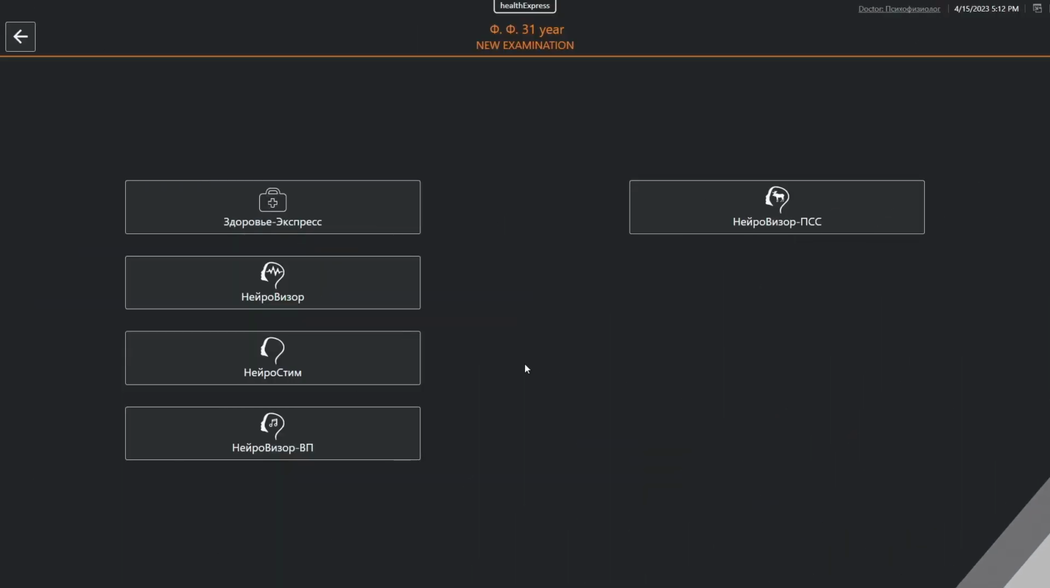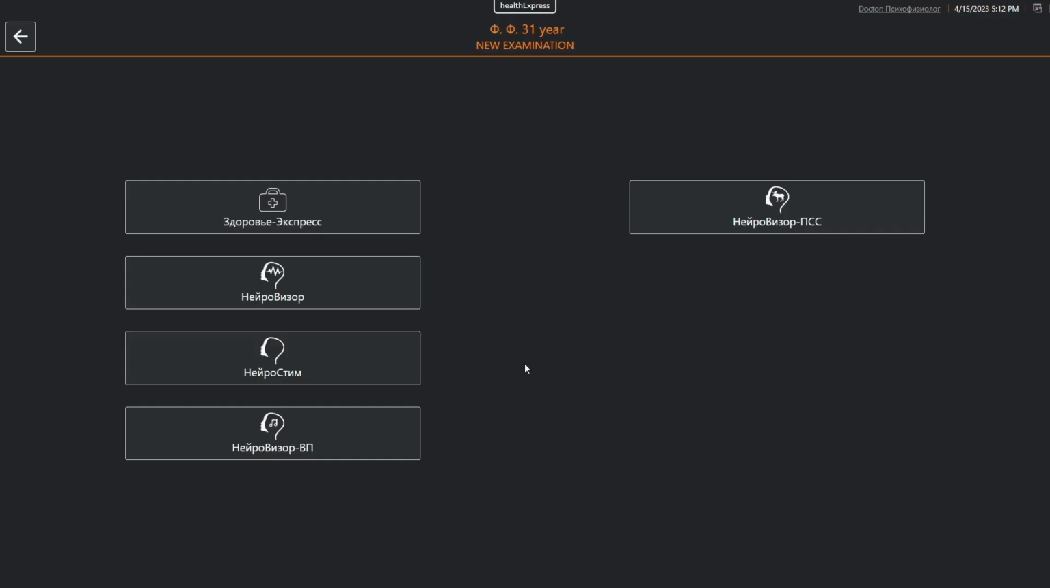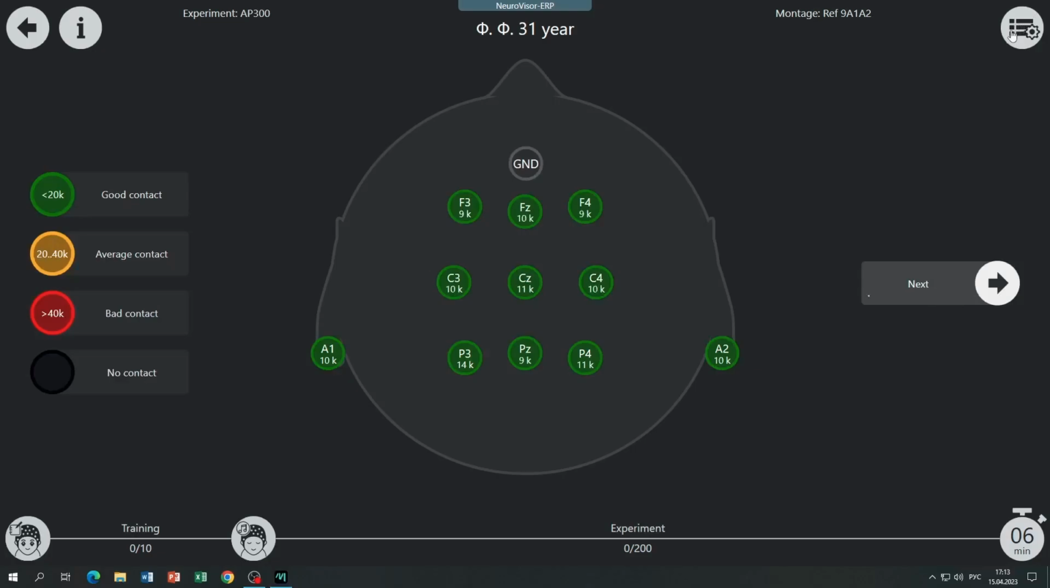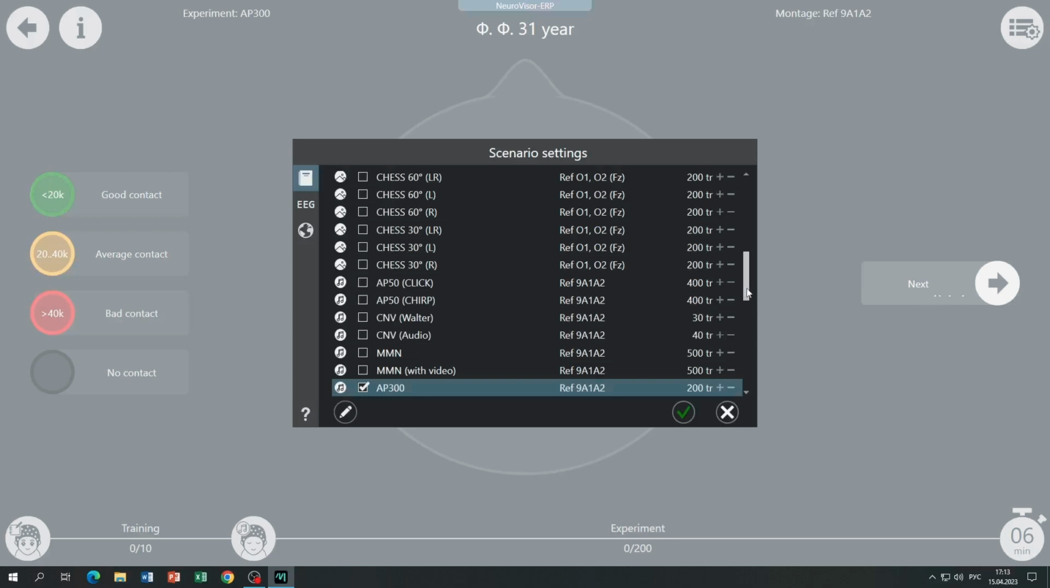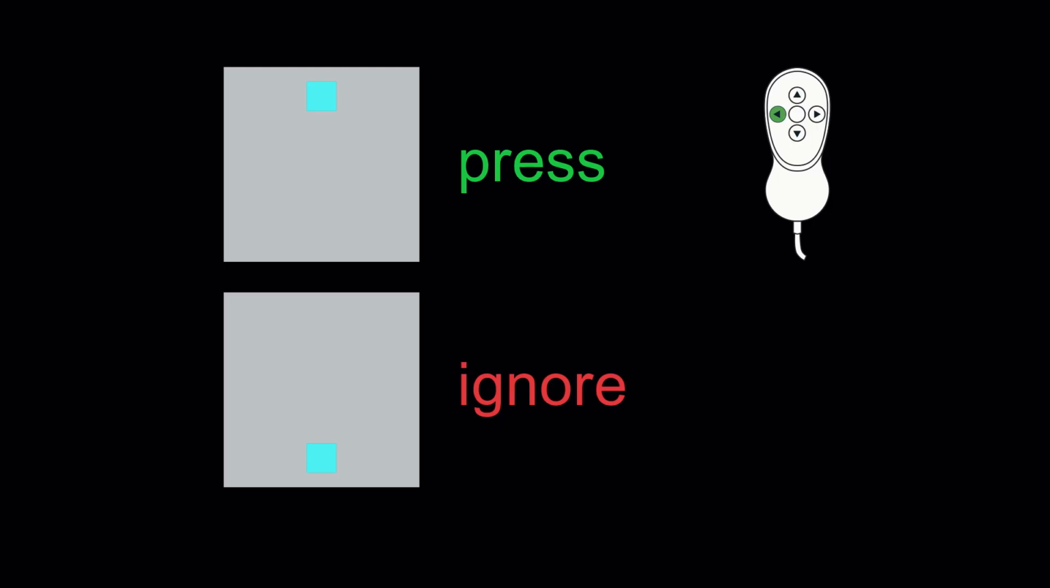The software allows us to register P300 in a variety of testing scenarios. Depending on what scenario we choose, we can present either visual or auditory stimuli. All of these scenarios are in the PSS Neurovisor module. If we open a list of possible scenarios, the tests we require will be at the top of the list, denoted by VP300. These will be visual P300, visual stimulation tests, with visual stimuli such as squares at the top